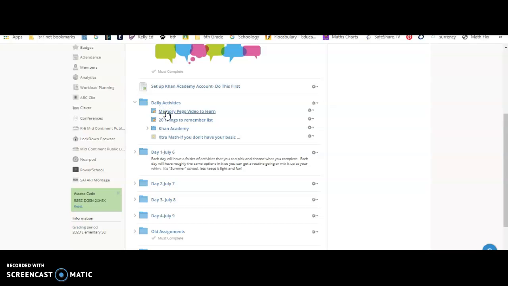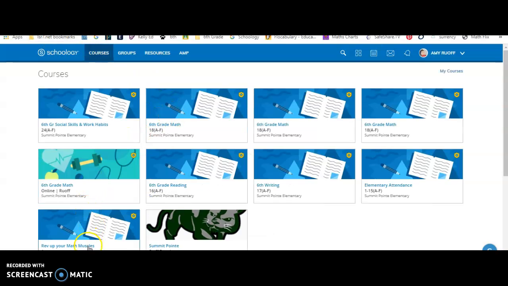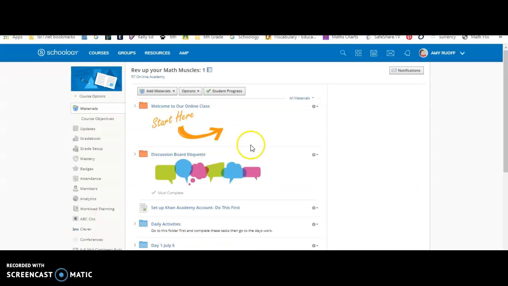I would just like you to go through these math things to remember each day. I think it takes about 2 minutes. But I think it's a good refresher for a lot of different skills to keep fresh. Then